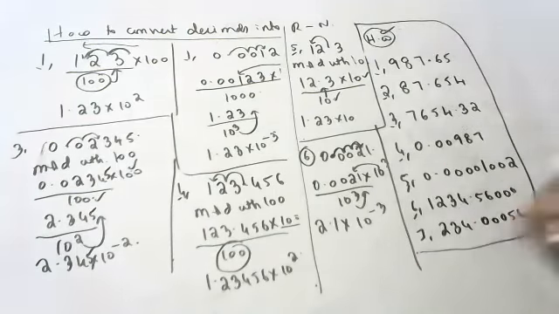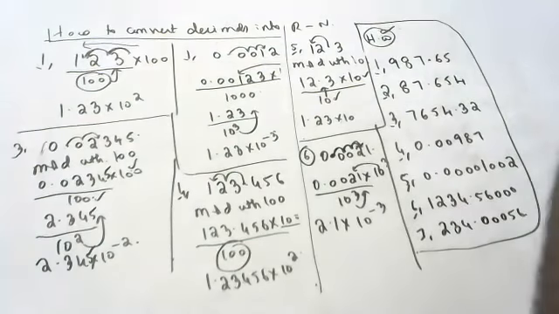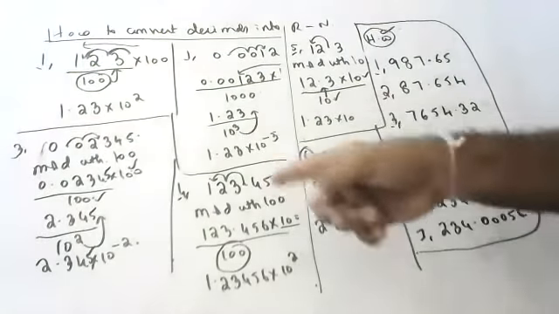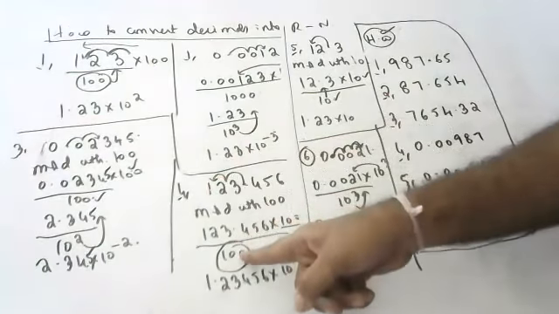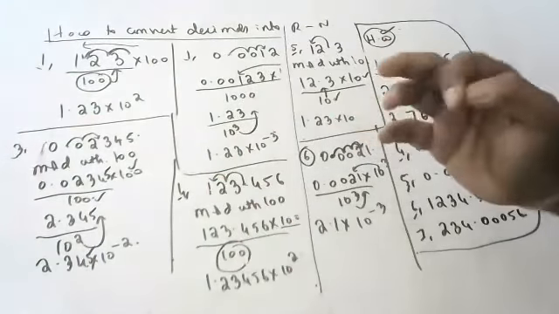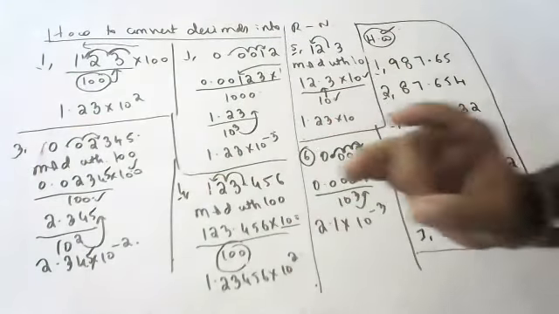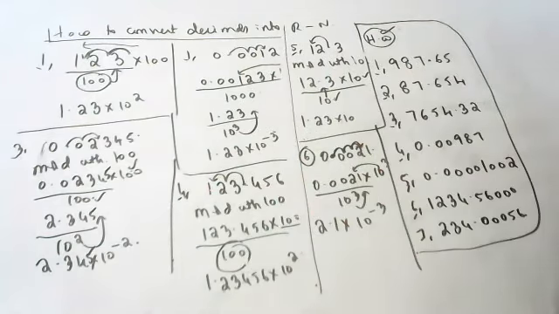Children, do all the sums. If you still want to practice, in the description of this video I'll give so many sums. You keep practicing. Whenever you are coming left, use denominator. Whenever you are coming right, use numerator for putting decimal. If you remember like this, you can easily solve all the numericals, children. Okay, children.